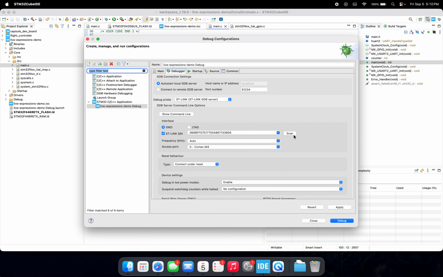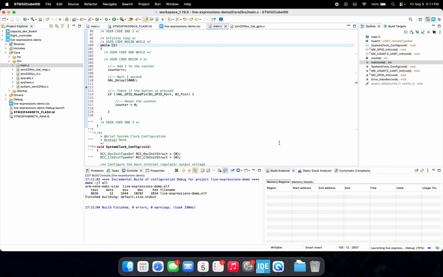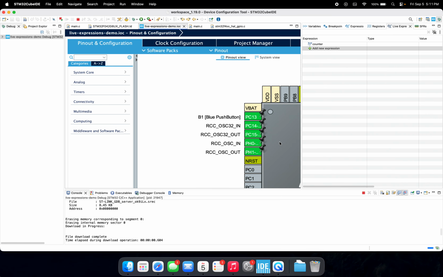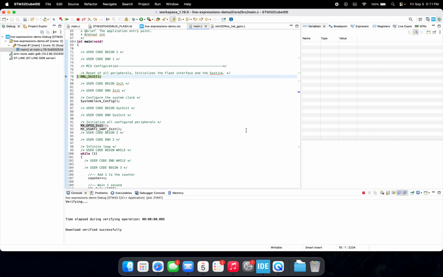Maybe there are some more debugging tools, but it's not something I've used when using the Nucleo boards in particular. I think they've got an STLINK built into them. I'm going to go ahead and hit debug, switch to our debug perspective, and we've got a few buttons on this